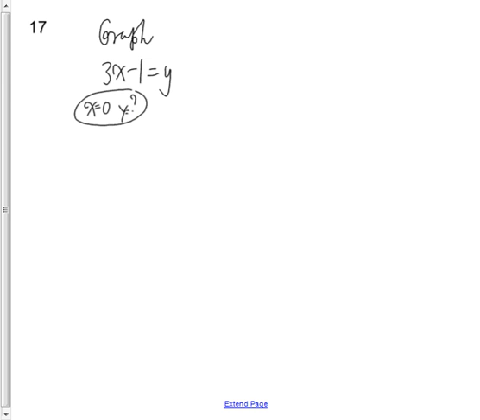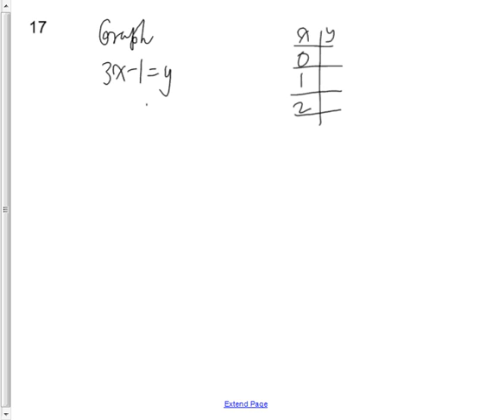Question 17 asks you to graph. For this one, it says 3x minus 1 equals y. So the first thing I'm going to do is just make a table of values. I can randomly assign any 3 values for x. A simple one would be 0, 1, and 2. Once you have that, take your equation, and in each one of them, you substitute the x value that